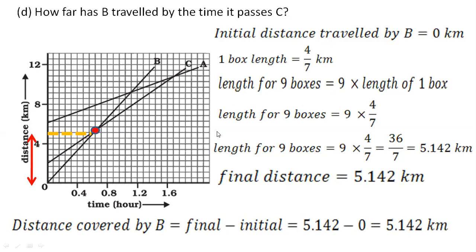Very simple. All you have to do is, students should have the knowledge of finding out the value of one box. Actually, this is the knowledge of class 8. Okay, class 8, class 7, your statistics. If you had gone through the questions of graphs, you must be having this kind of knowledge. This is not actually of 9th standard. This is actually of 8th and 7th grade. We are just applying that logic with our motion lesson.